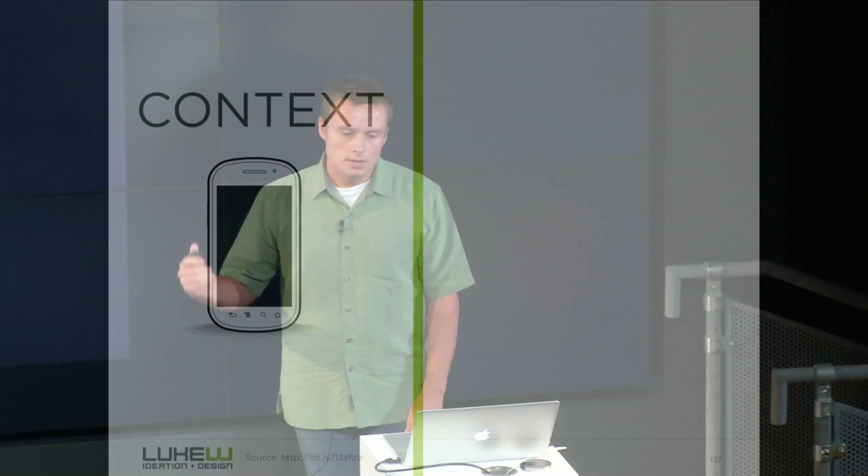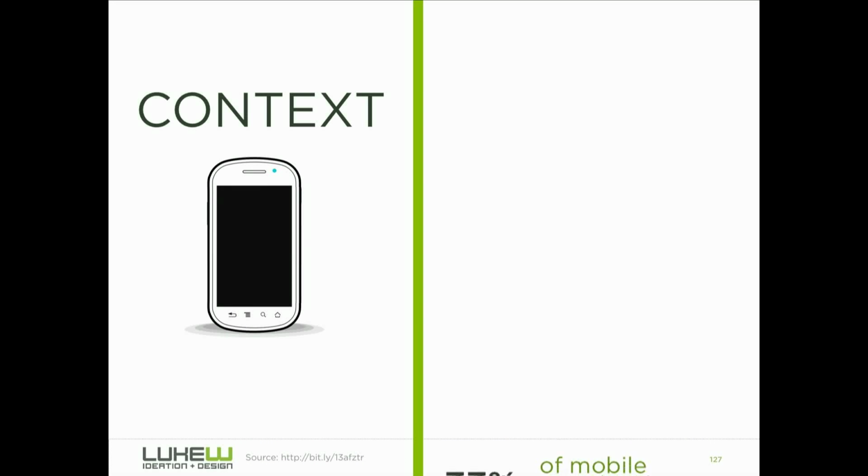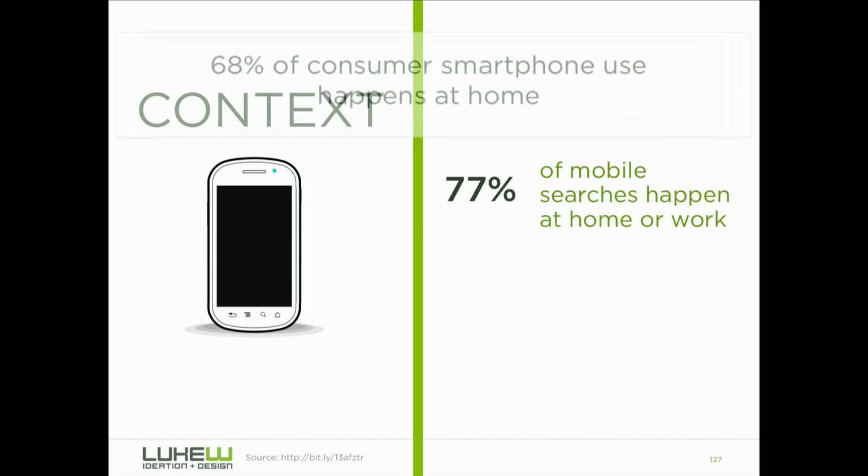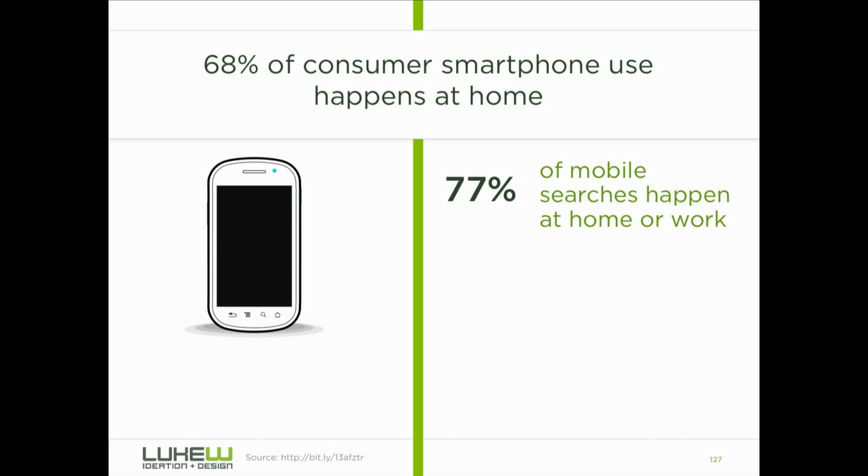And the other part about it, there's actually data that illustrates mobile is not as mobile as we think. Our friends at Google who are hosting us did a big study on this, and they actually said 77% of mobile searches are happening at home or at work, not out being mobile. A new study came out recently that says 68% of all smartphone use happens in the house, on the couch,